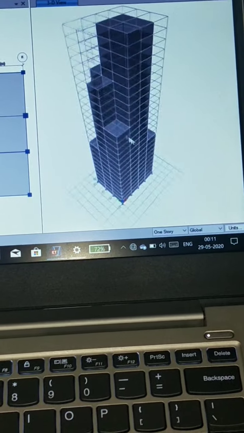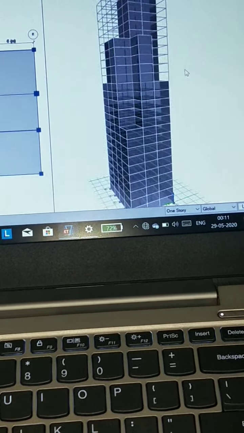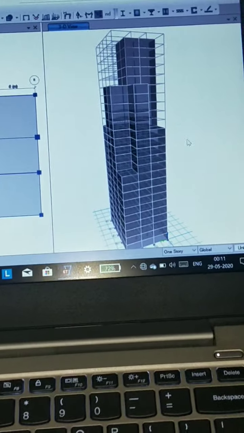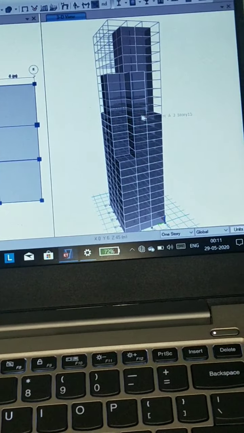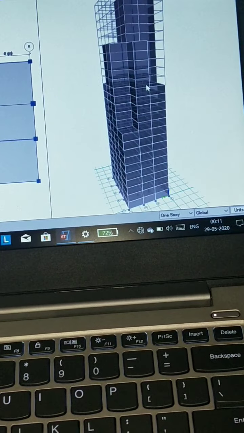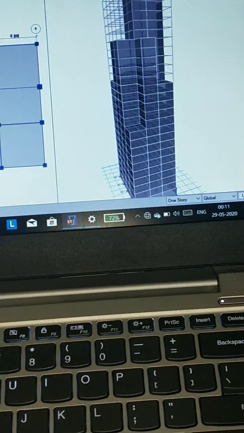You can see the 3D view of this building. Okay. So from 8 to 13 we have changed the dimension of the building.